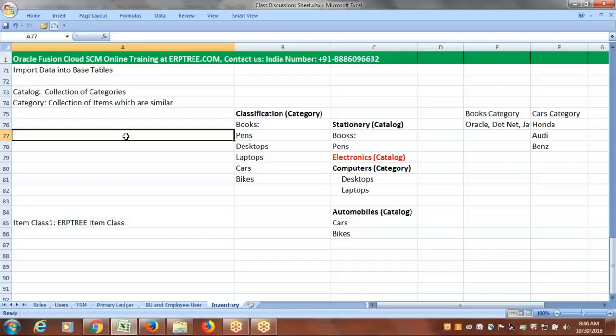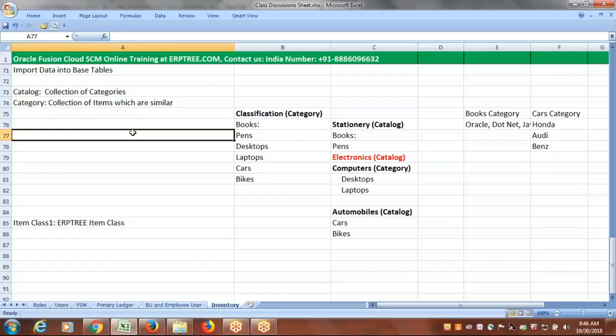definitions are limited up to release 12 only. Till 12 we have. If you are going to work on Fusion release 10, release 11, or release 12, you can see catalog and category key flex fields. From release 13, they removed the key flex field concept for this category and catalog. They made this catalogs and category definition a direct definition without the logic of maintaining these catalogs and categories data